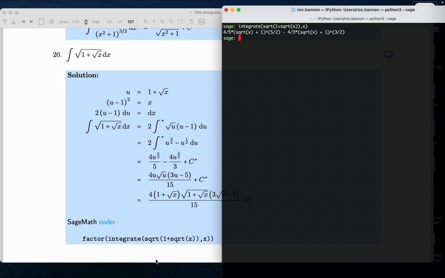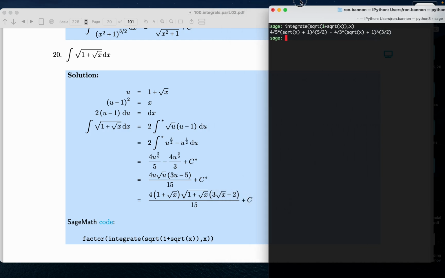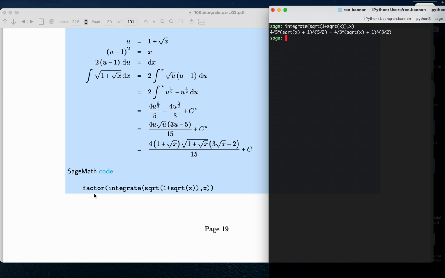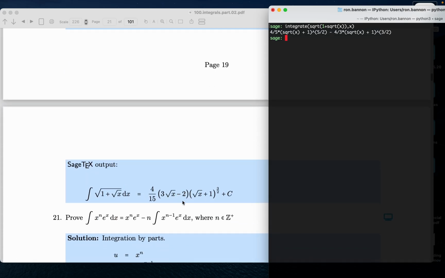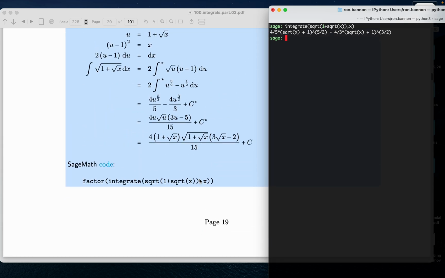I get a result over there, and I look at it and I wonder, is that the result I wanted? I'm not saying it's not the result I wanted. I'm just kind of looking at it. It's not very hard to read this over here. But anyway, I notice I put a factor command over here. So I want to point out the reason for doing that is to get this thing to look more like this thing over here. So if you factor, F-A-C-T-O-R,